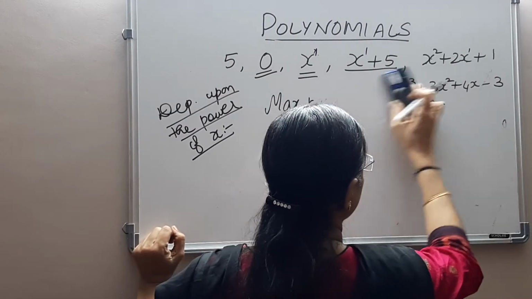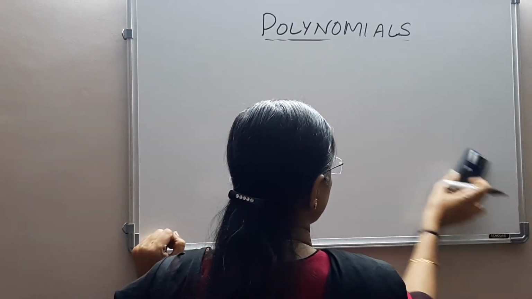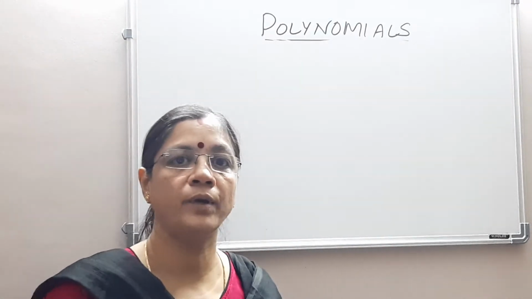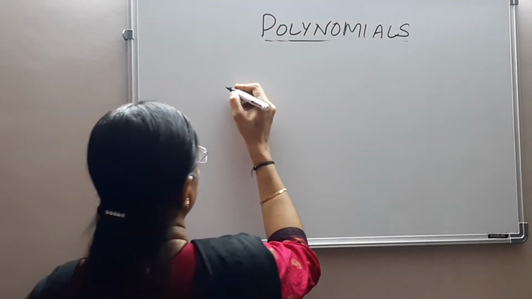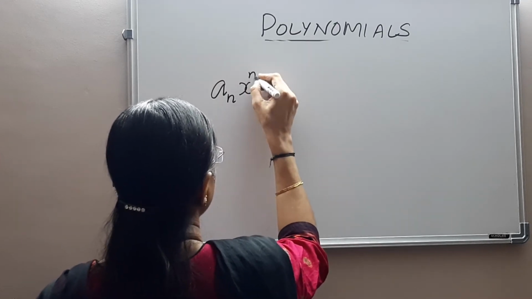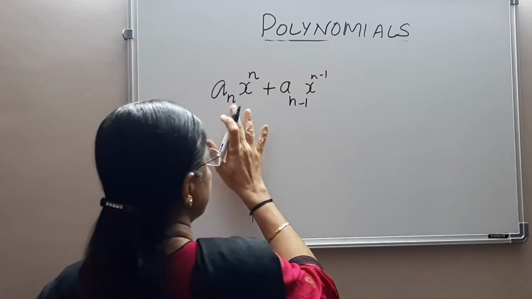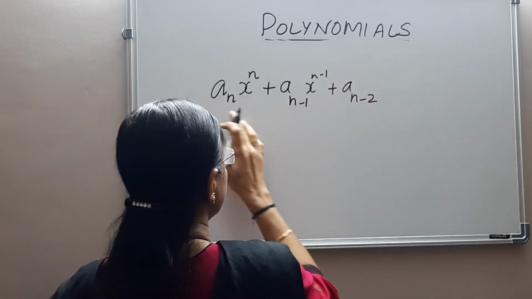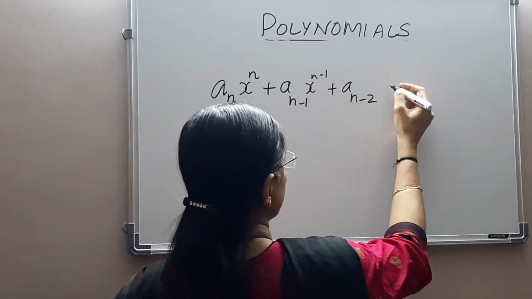Generally, what are the rules for a polynomial? How should the polynomial be? We have named the types of polynomials too, but generally, how should it be? Now let us take a to be any real number, positive or negative, plus, see this n keeps on decreasing. I said x power 3, x power 2, isn't it? So it keeps on decreasing, and these are the third term, second term, and first term, like that, and so on.